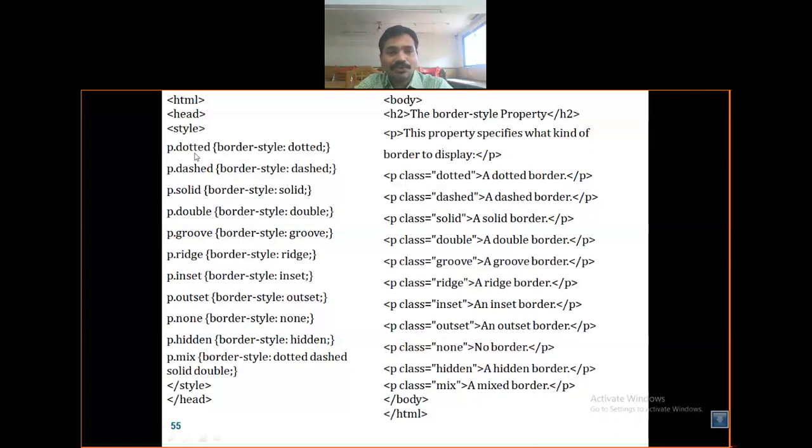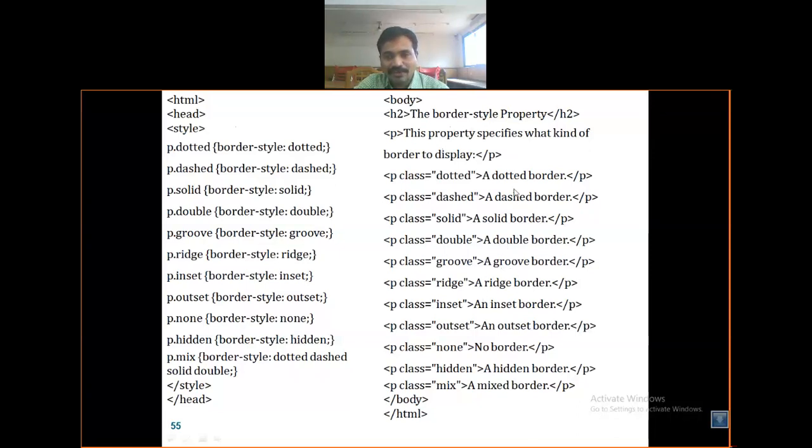The class is nothing but you write a dot. If you need these properties, you just make a p class with a dot. If you need a dash, you can write that p class with a dash. You can make a mistake in a single word of the class name. If you write the dot and then here write an extra letter, at that time the class could not be recognized. So whatever class name is given, you should write the same one, otherwise it makes a mistake. Then you can write groove, ridge.